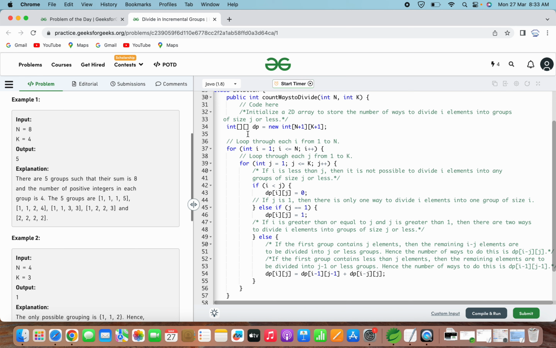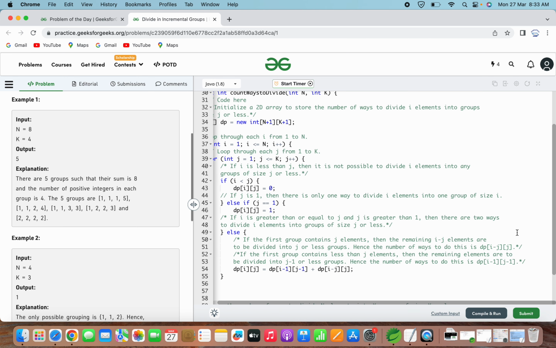When both the earlier conditions are not true, we are left with only the choice that i is greater than or equal to j and j is greater than 1. So there are two ways to divide i elements into group size of j or less. If the first group contains j elements, then the remaining i minus j elements are to be divided into j or fewer groups. Hence the number of ways to do it is dp of i minus j and j. I hope this first scenario is clear.